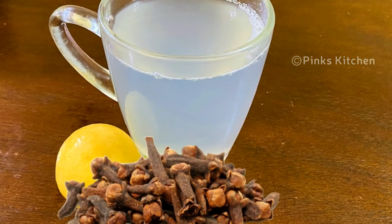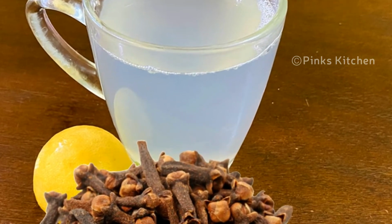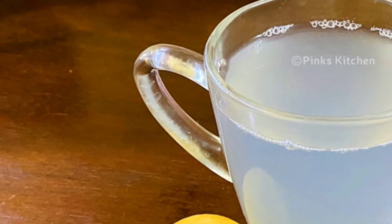Very easy to make and a very healthy drink. This drink a day boosts your immunity, so do try this healthy drink that lowers high blood pressure at your